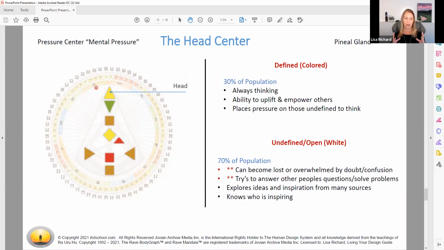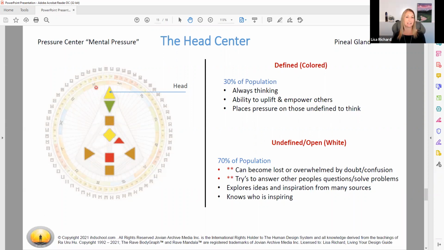So if you think of our own circumstances, we're all raised to believe a certain way. We're all told who we should be, how we should act, who we should become. We are defined by society, by cultures, by religions, you name it. All of that conditioning gets stored up in the head and it becomes a lot of mental pressure. So again, human design is here to teach us to come out of the mental mind and to feel with the rest of the body.